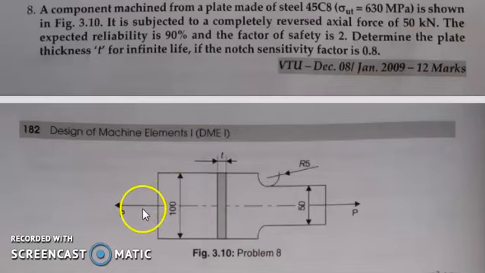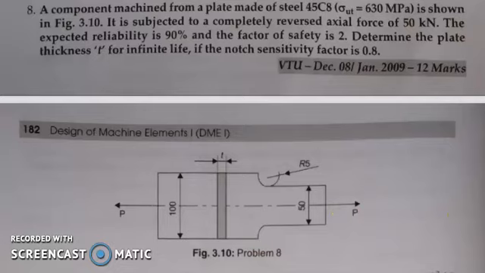First of all, draw this figure, that is the shape of that figure will be like this and the dimensions are already given. The width is 100 and we have to find the value of T. The radius is given, that is equal to 5. In this section R5 means the radius of that particular curve is 5. Then the width is reduced to 50. There is an axial load shown as P.